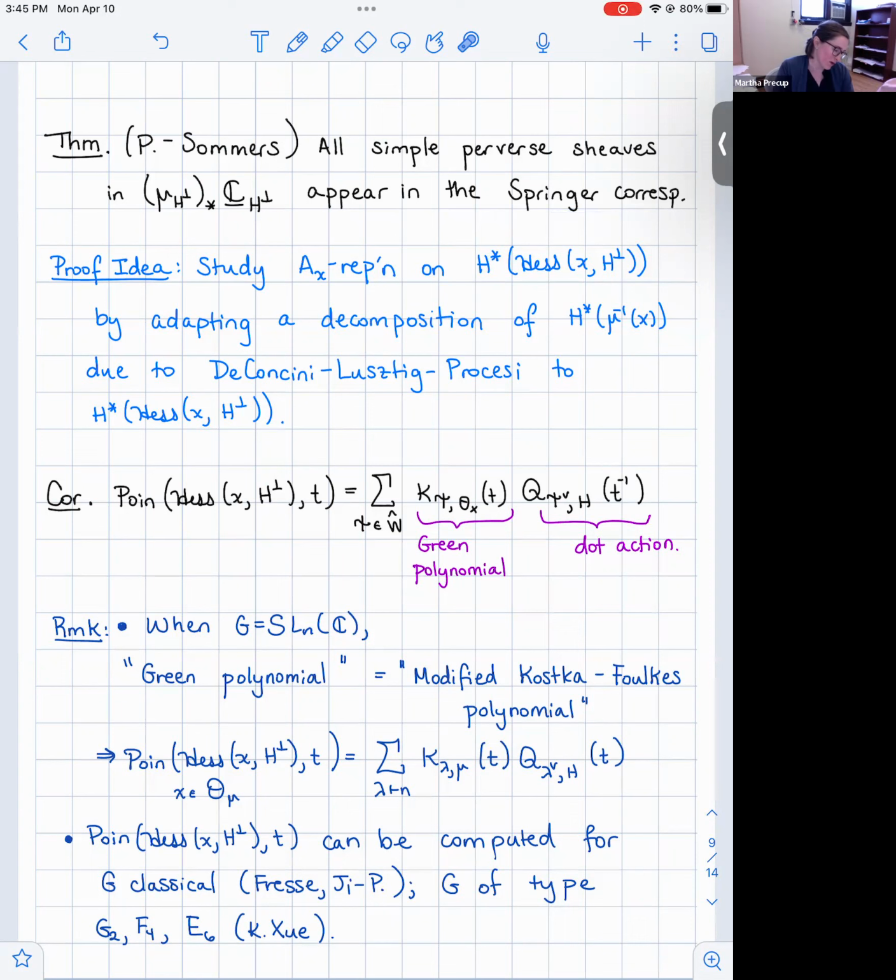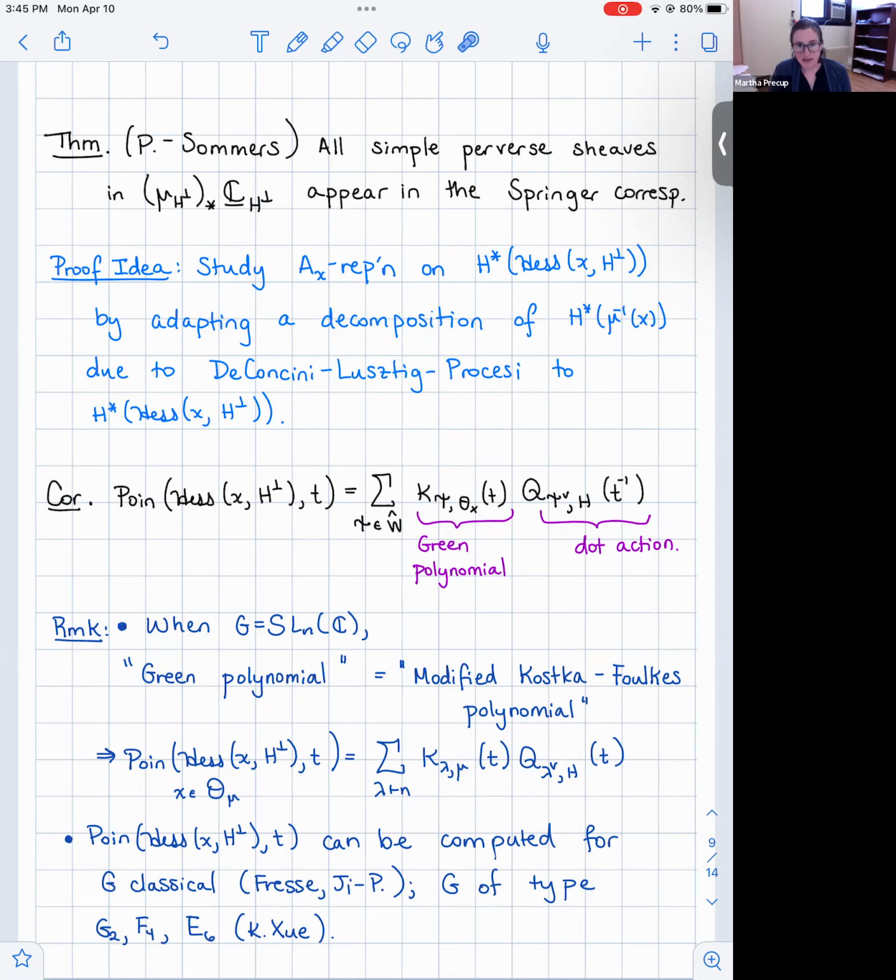So roughly our proof idea was to adapt a decomposition. You want to think about the cohomology of these ad-nilpotent Hessenberg varieties. And we wanted to think about the action of the component group, because that's an essential ingredient that you have in all types that you do not have to worry about in type A. And we adapted